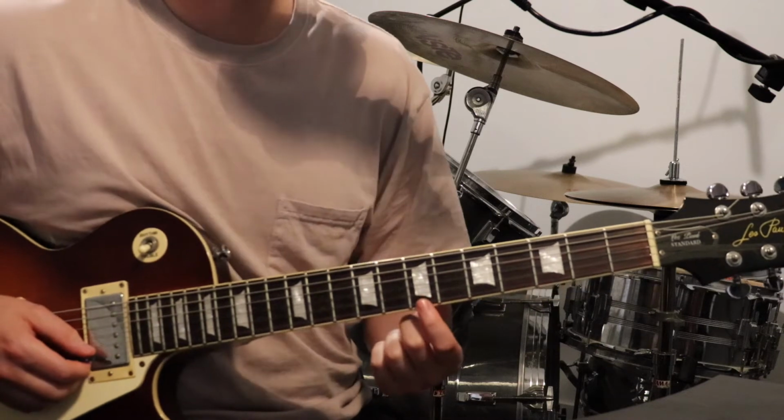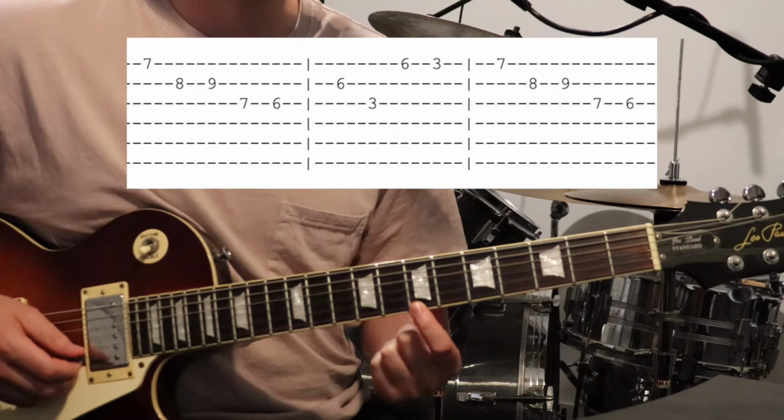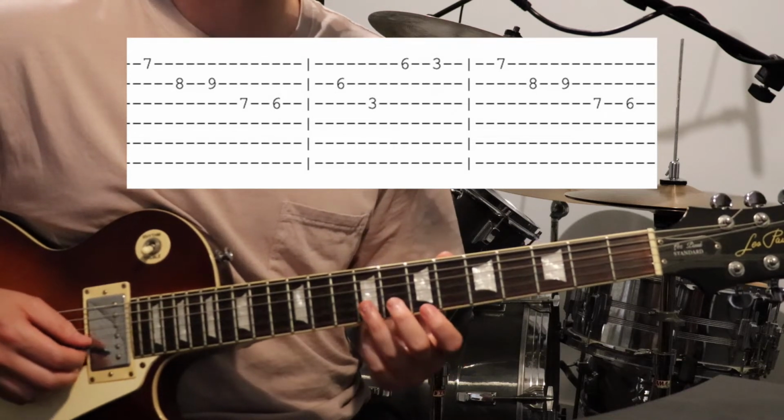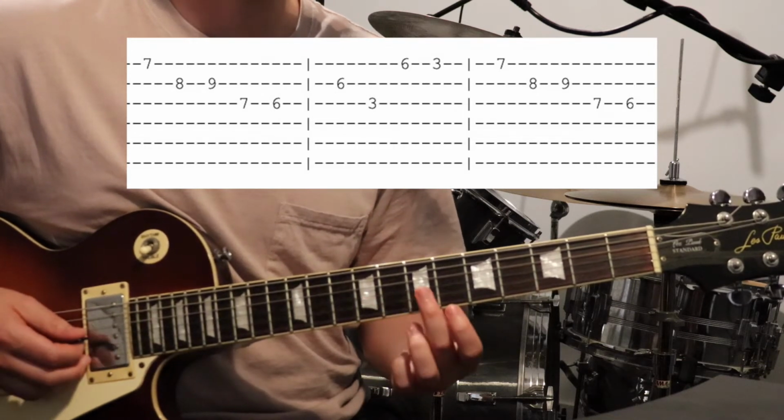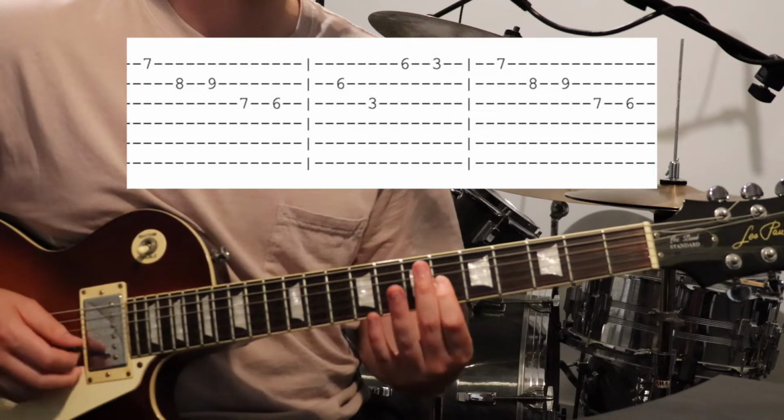Alright, so this first part, starting on the 7th fret on the first string, then we're going to go 8, 9 on the second string, and then 7, 6 on the third string. So you get